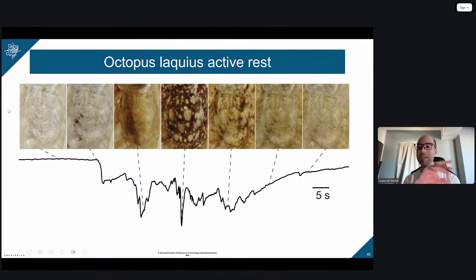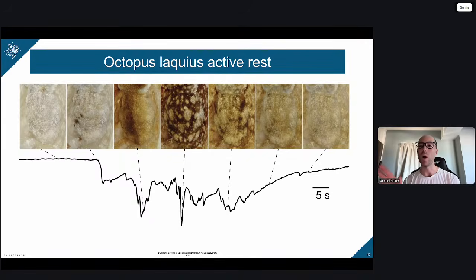The animal rapidly transitions between different skin patterns in a behavior that we term active rest. The speed of these transitions is nothing like we see when the animals are awake. It's very rapid, and it's accompanied by different movements that I'll tell you about. And after about a minute of active rest, the animal goes back to its normal quiet rest, where it's